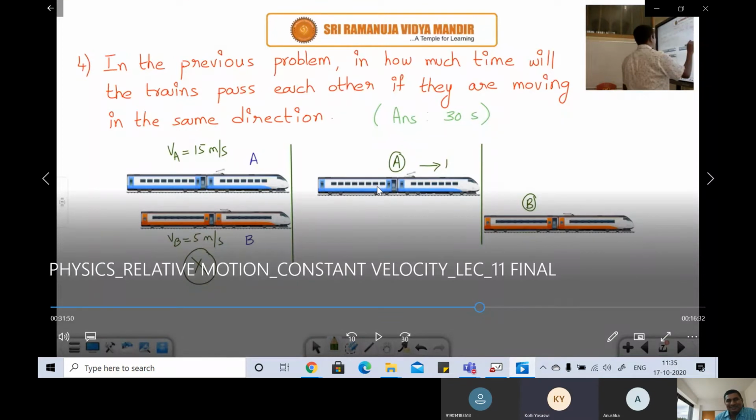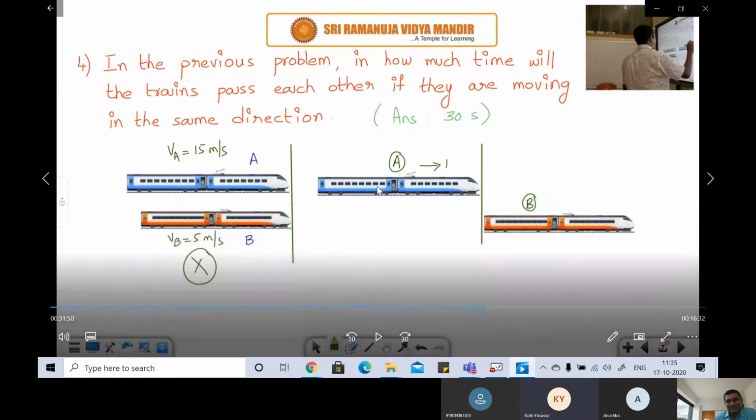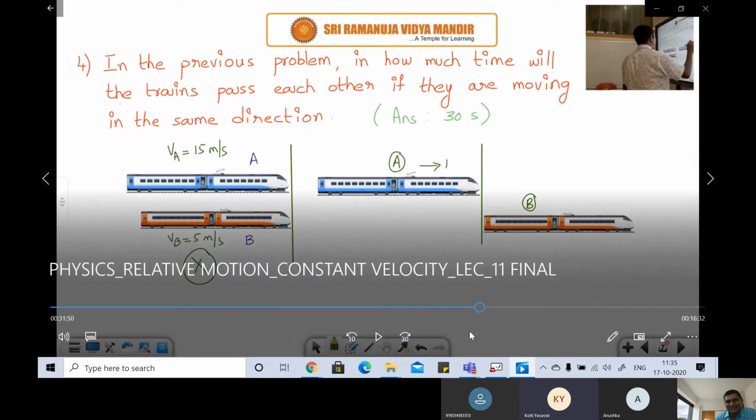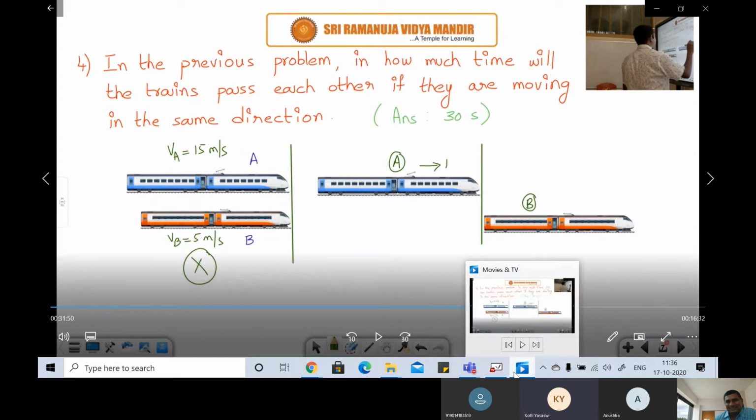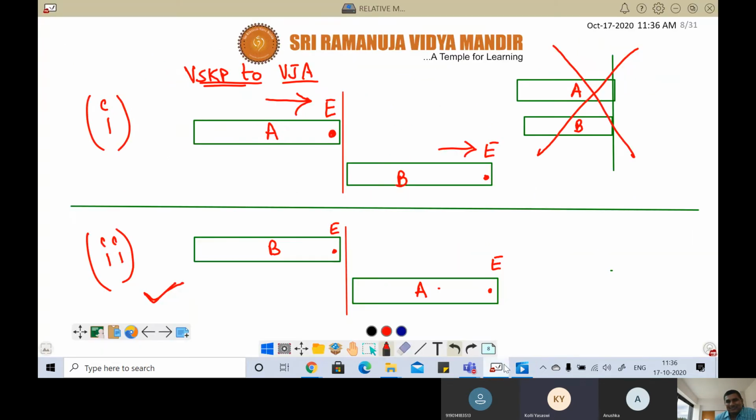Sorry, sir, for interrupting. Please tell me. Sir, no, this is Kali Yashasvi, not Bhavya. Sorry, KS, tell me. Sir, because A is moving with more speed, 15 meters per second, the second one is right. B will be behind and A will be in the front. Sir, but the initial velocity is not told, so how can you tell whether this will be back or this will be front?